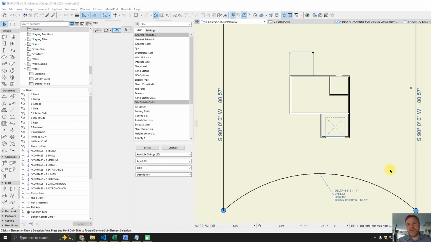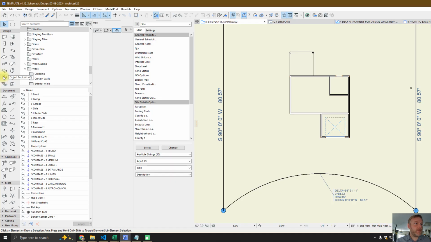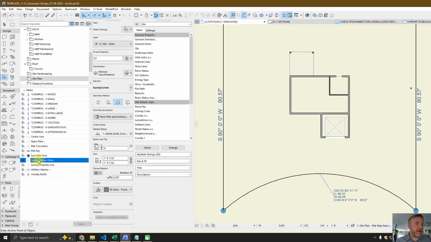Hello again, this is Richard with Spracklin Design, and in this video I am going to show you how to use my corner dimension object. Let me pull that out real quick here. So once you have that set up,